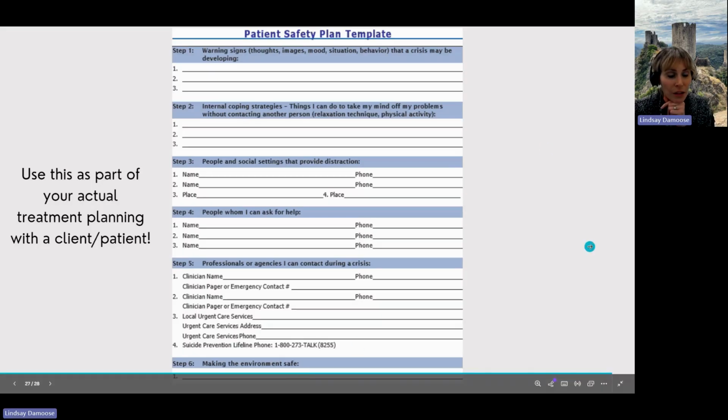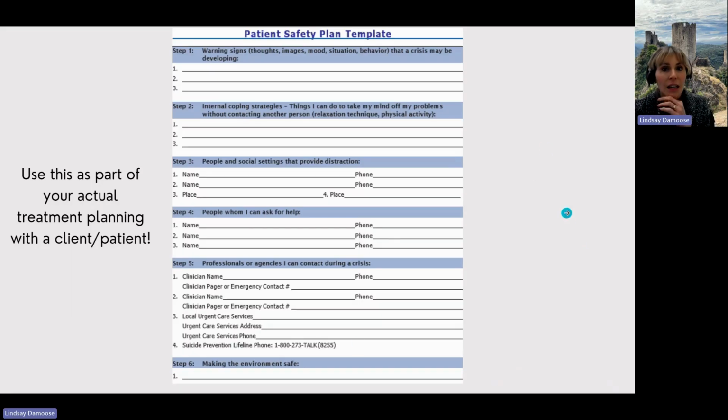And then the last component, step six, is making the environment safe, which means means restriction. If you are vulnerable, if you're not in a good place, if these warning signs are starting to take over, then what do we need to do to remove any potential access to fatal means: guns, pills, a car, cleaning products, whatever the person's method of choice is? How do we take that out now, where you're clear-headed, so that if it gets to this point in your life where you are not doing well and you are really convinced that suicide is the only way out of this,